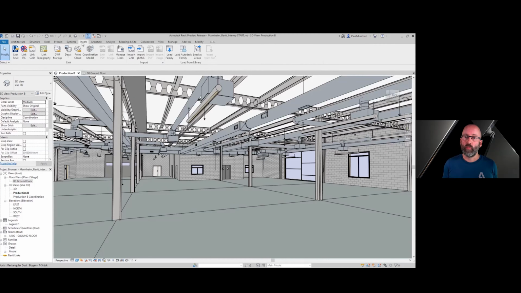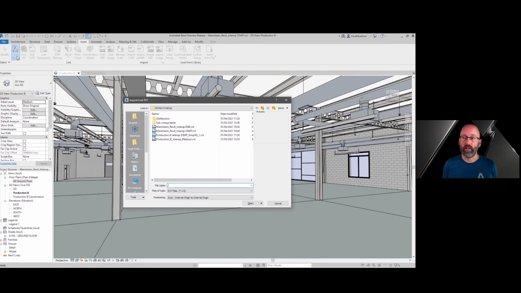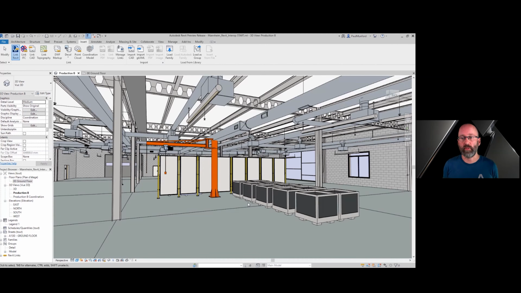With Autodesk Inventor 2022, we've added the ability to complete the round trip of the design by exporting a native Revit RVT or project file from Inventor, which can then be linked into Revit for coordination. Let's take a look at how this might work in the context of an AEC project.